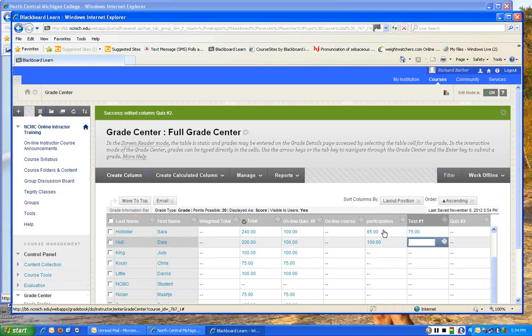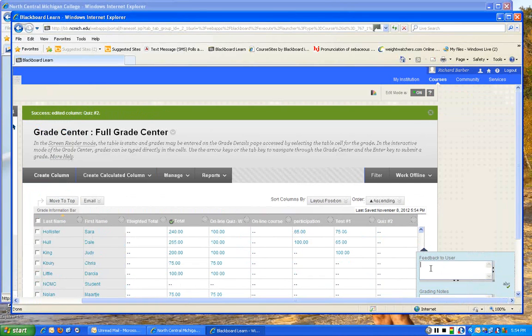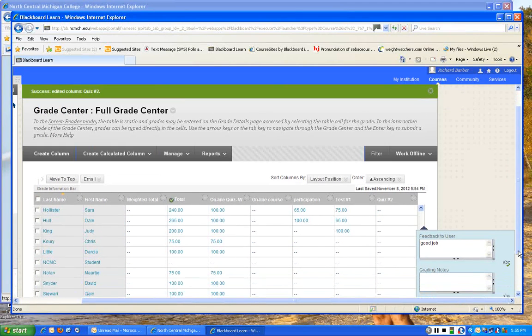Let's say the next student got 65. So I hit enter. Maybe the next person got 100, and I hit enter. Okay? And so on and so on. Now you'll notice that you've got this little arrow right here. So if I click on that arrow, that allows me to look at the individual grade. So I could view the grade details. I could give them a quick comment. So if you see way over here on the right, I could put a comment in here like, good job, and then that person will see that when they go into their grade center. Maybe I could put some notes in here like